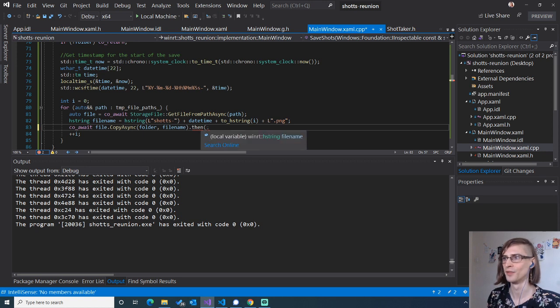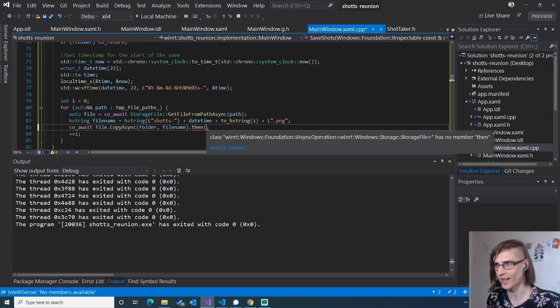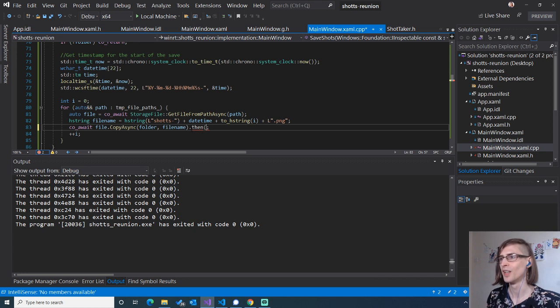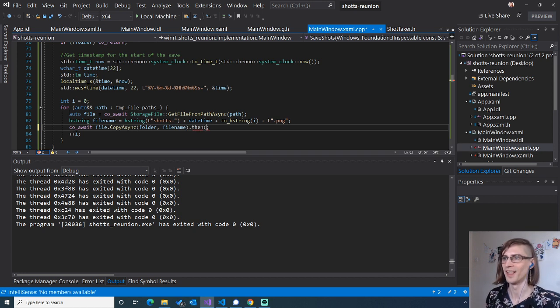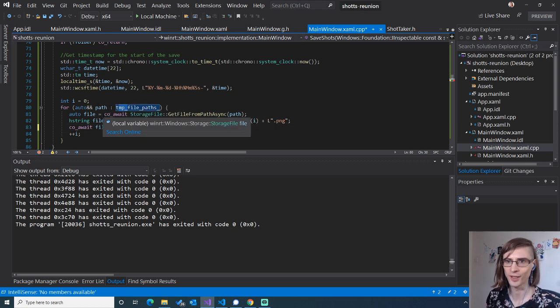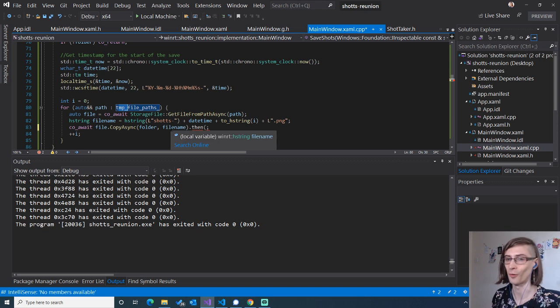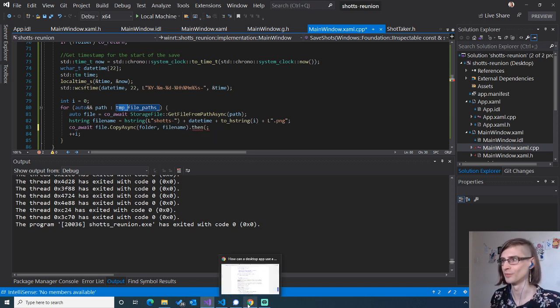So you could do like dot then and give it a continuation, but how would we write our continuation? Right, we would have to allocate some state to keep track of which file we're currently looking at, and pass that around. It would be a nightmare. It's horrible. If you go and look at